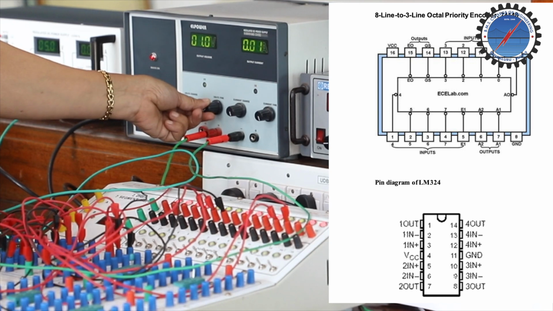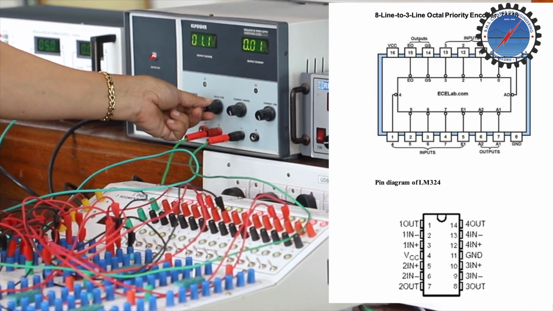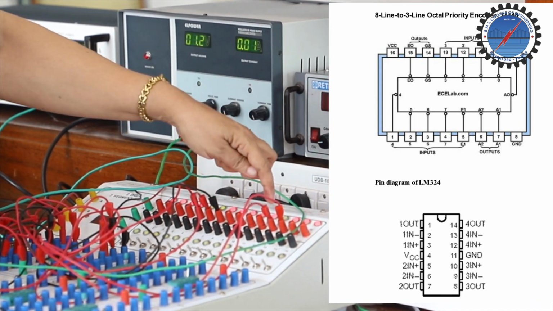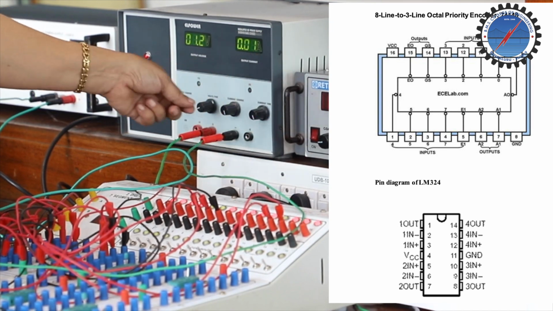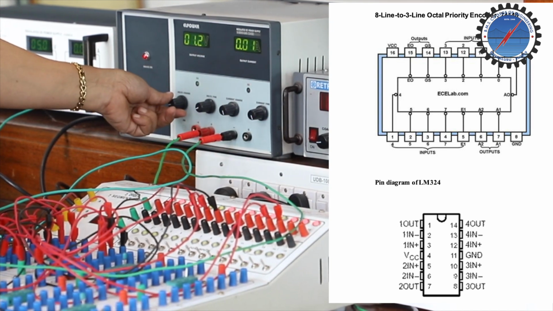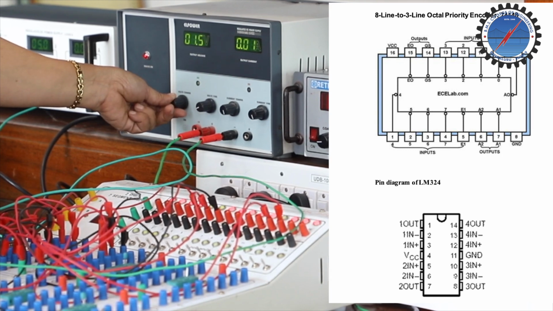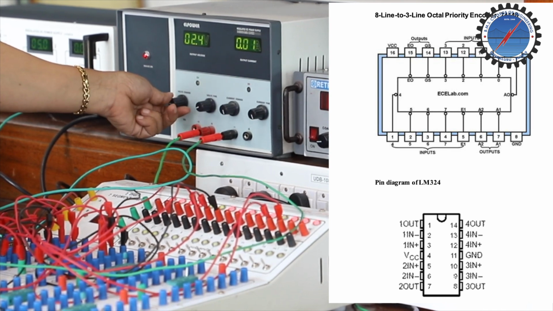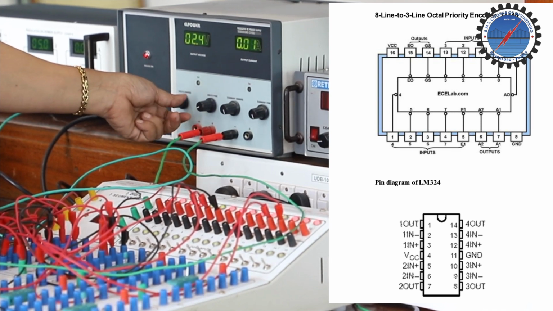It is still 0. At 1.2 it has changed. Now it shows 0, 0, 1 and then 0, 1. So at 1.2 it has changed, and it has to remain in that state till 2.5. We will observe: till 2.2 it is the same, 2.3, 2.4 also the same.